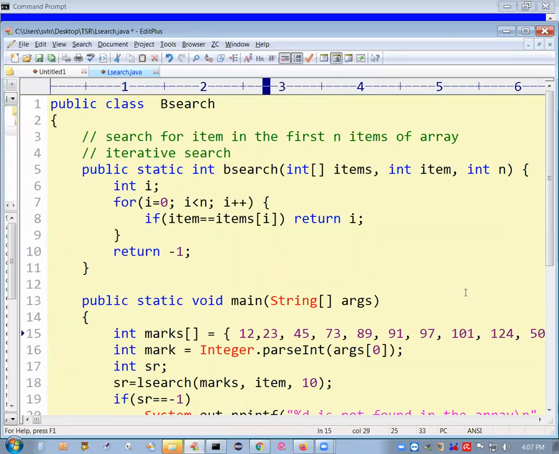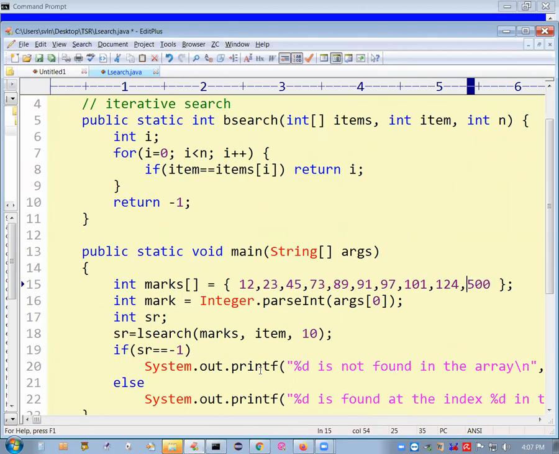Instead of leaving a space, we can write it better like this. So there are some numbers, 3 plus 3, 6 plus 4, 10 numbers altogether.